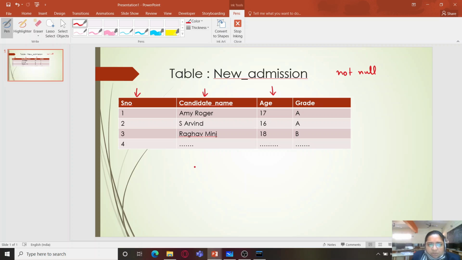So how are we going to proceed with this? When we are creating the table using the create table command, at that time we will be providing the constraints in this way. Not null. Then next is candidate name.